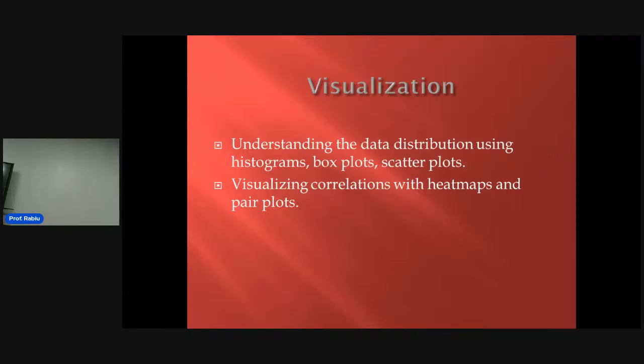Then visualization of correlation. We need to look at the correlation. For example, I'm taking software engineering or software development and artificial intelligence. I can do a correlation. Or maybe two people are taking the artificial intelligence for section A and section B. We can do a correlation to see the level of